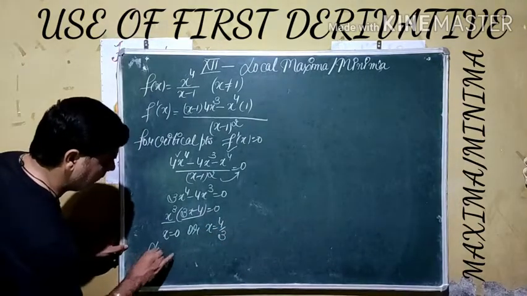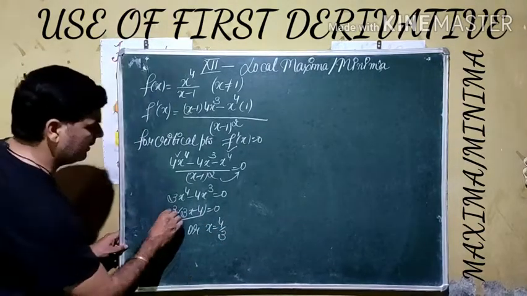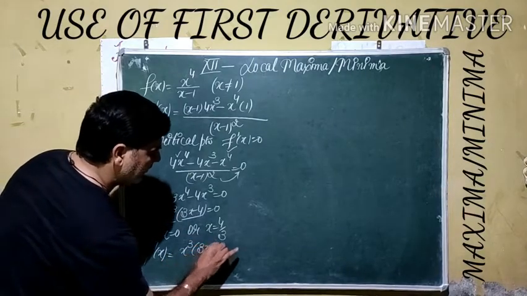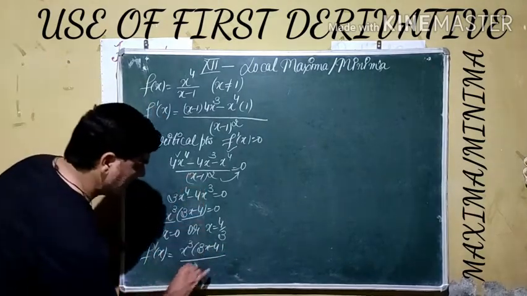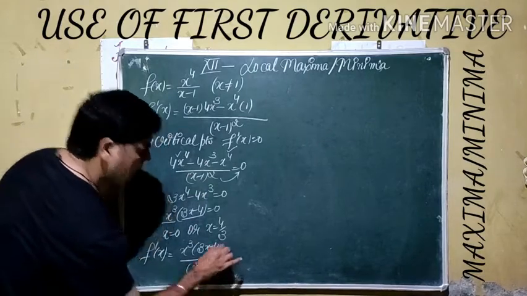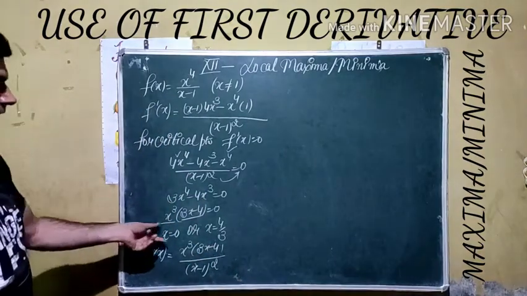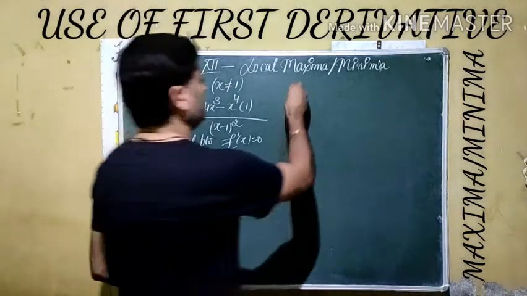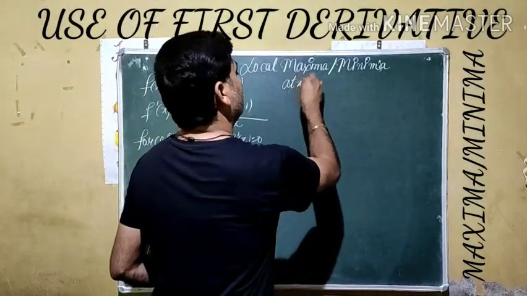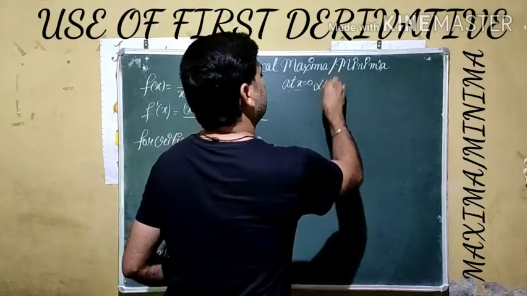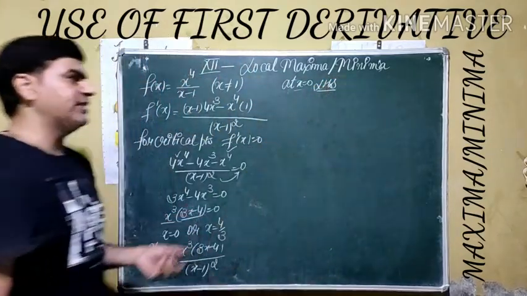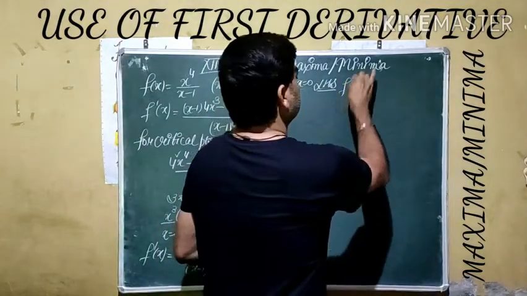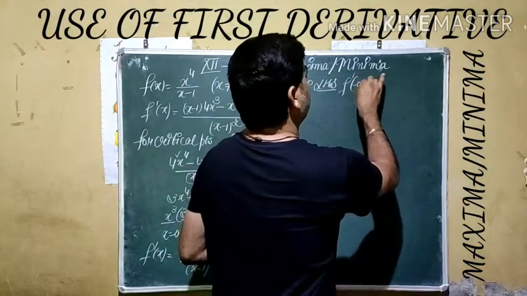In the simplest form, if we simplify, it becomes x cube common, 3x minus 4, and the denominator remains the same, x minus 1 whole square. Now we have to apply testing at the indicated points, that are known as critical points. First of all, we are going to apply at x is equal to 0, on the left hand side. Left hand side means we have to choose a point which is just less than 0. So we are using here minus 0.1.